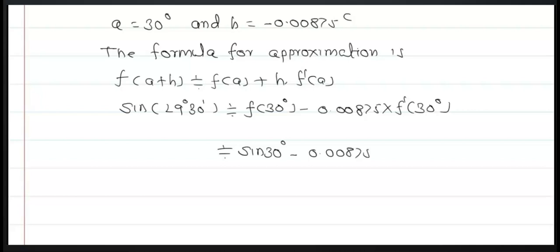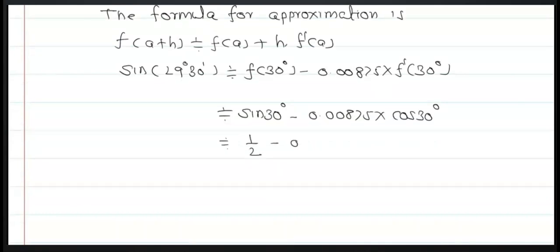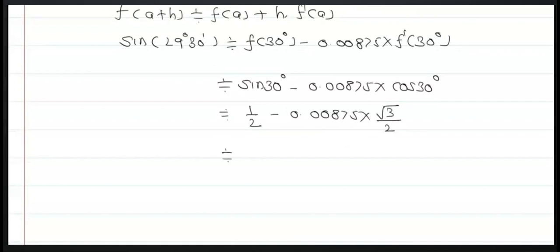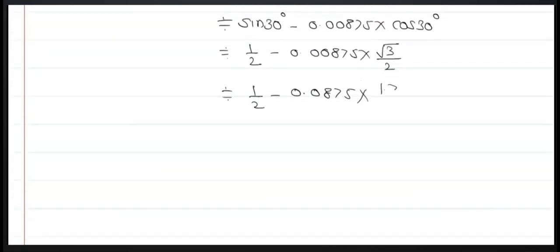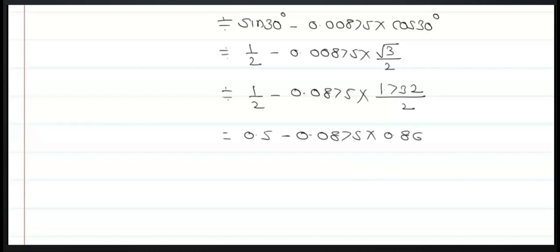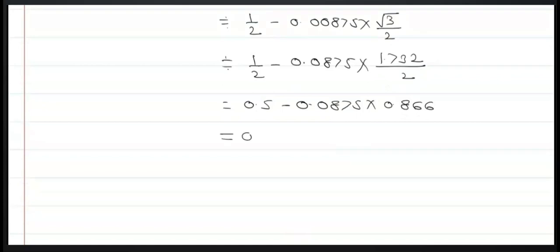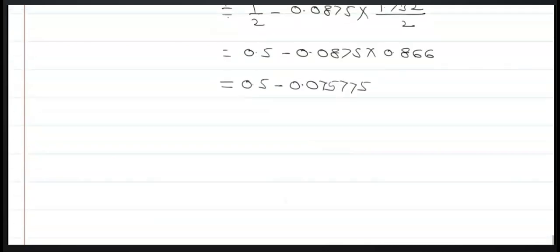minus 0.00875 into cos of 30 degree, that is 1 upon 2 minus 0.00875 into root 3 upon 2, that is 1 upon 2 minus 0.00875, the value of root 3 is 1.732 upon 2, that is 0.5 minus 0.00875 into 0.866. Now there is multiplication, 0.5 minus 0.0075775,